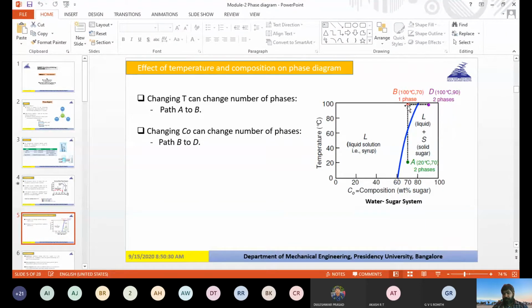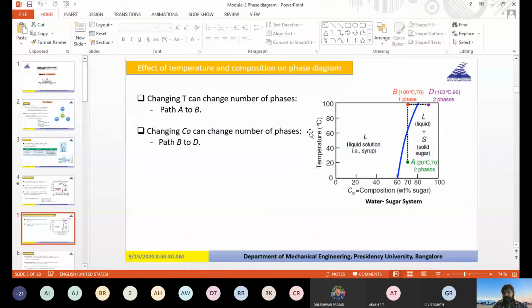Okay, now suppose you are here, you are in the single phase region. Suppose you are having 70% but at 100 degrees Celsius. So this will be the point. Now you want to move from this region to a two phase region. So what you do? You just keep on adding more amount of sugar. By the time you are going to add more than 80% of sugar, it will come to this region. Okay, so again you came into the two phase region. From single phase region, if you keep on adding the sugar, you will come to the two phase region.